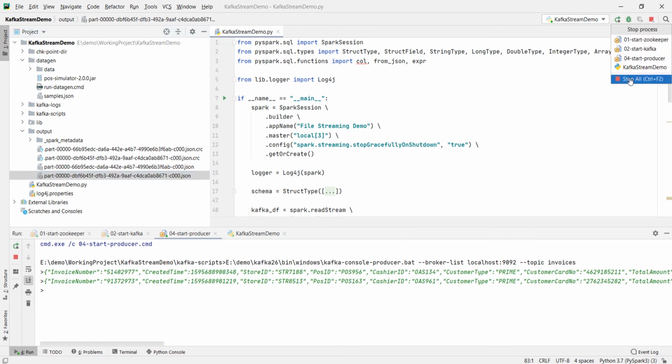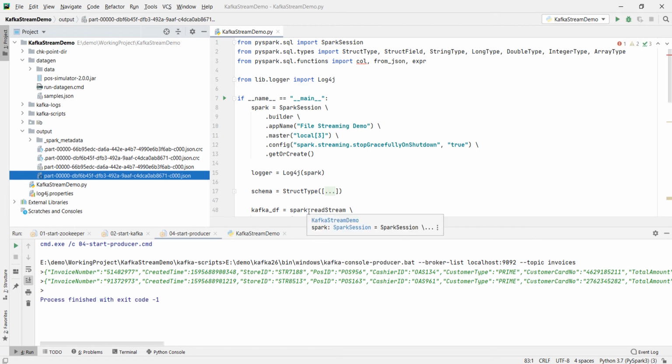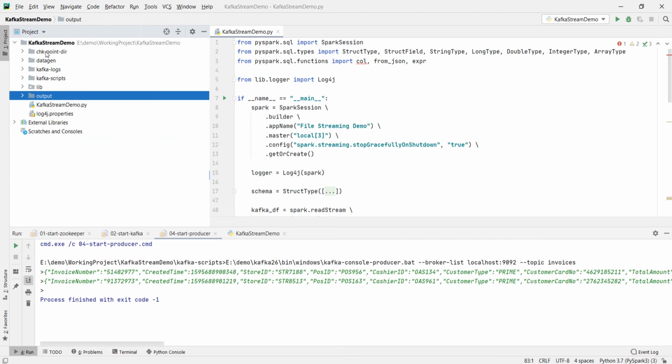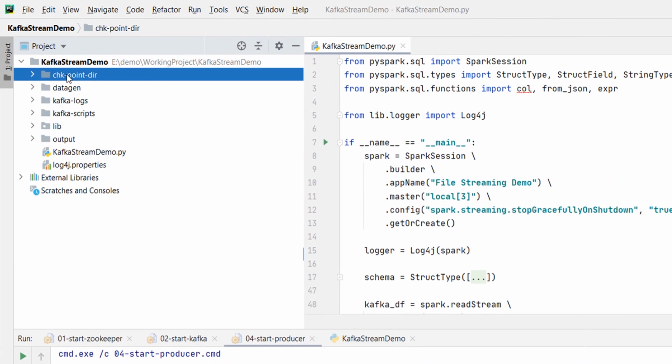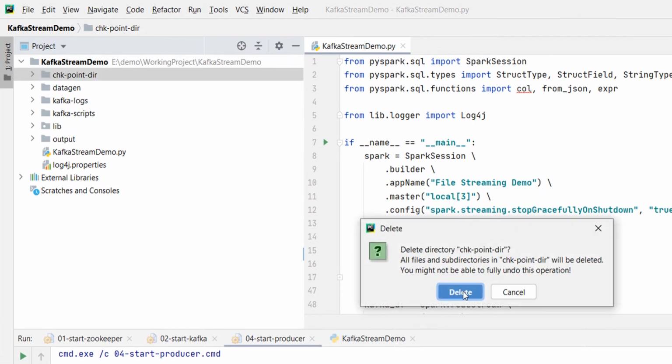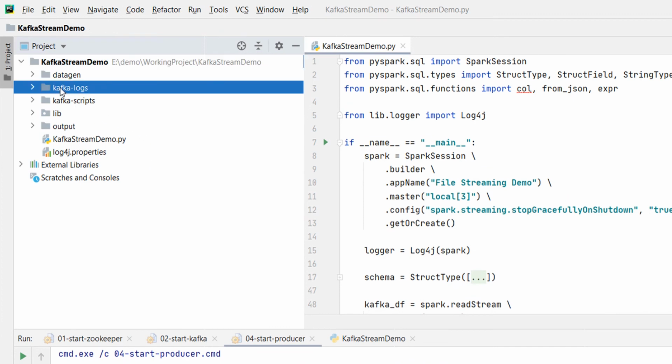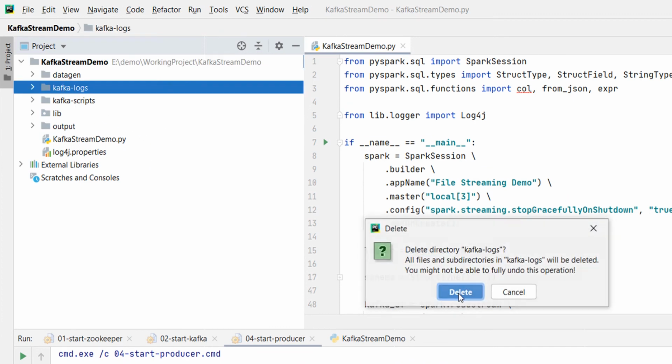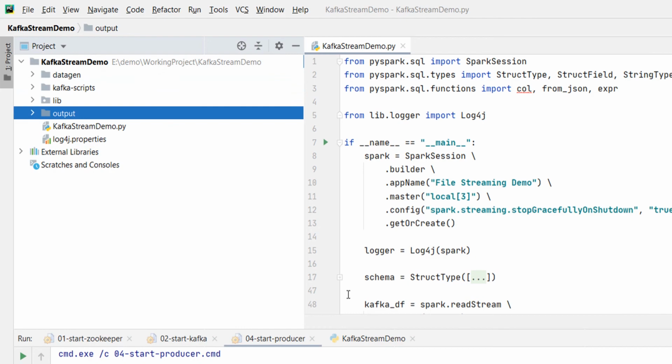In fact, I want to stop everything and clean it up thoroughly. I'm deleting the checkpoint, Kafka logs, and the output directory. I want to start over fresh.